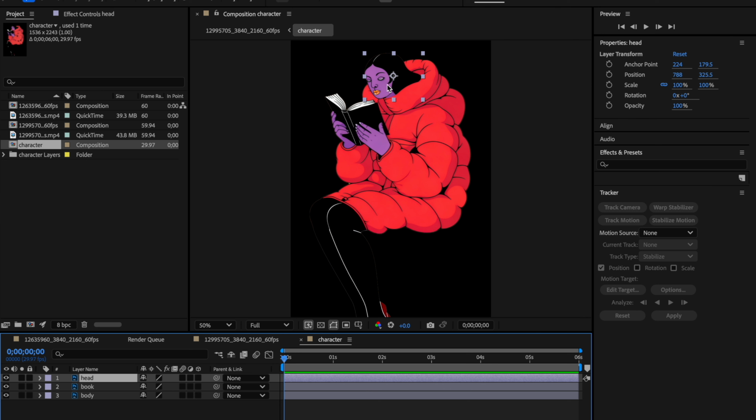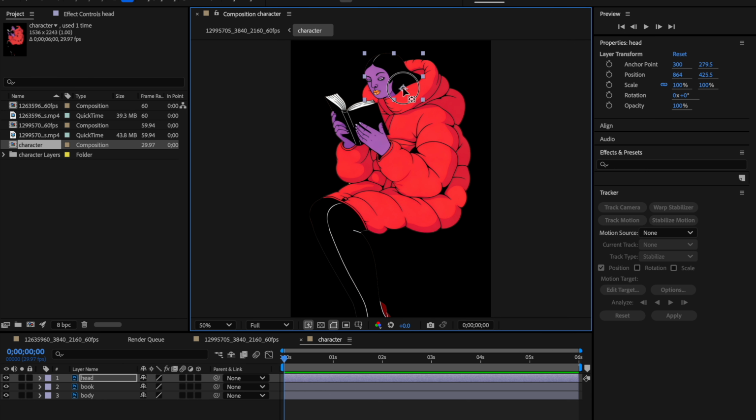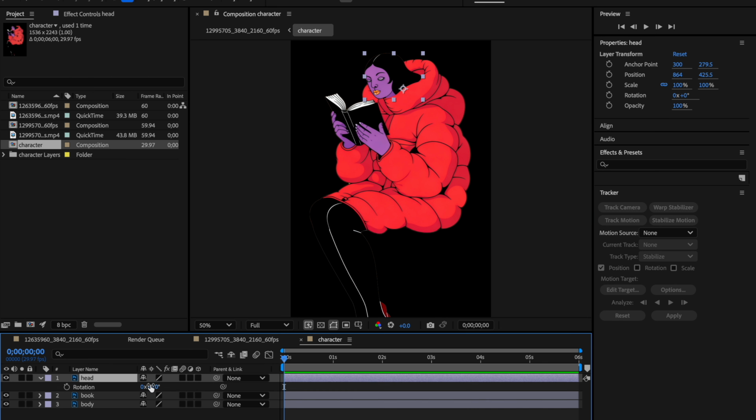So I need the head to be moving a little bit. The first thing that we need to do is change the anchor point, basically change this a little bit. So I'm just going to use my Y, move the anchor point to this area, and let's click R. Then it's changed. So it is going to move a little bit like this. We're just going to create a keyframe here and then slowly move it. Maybe like a nodding,